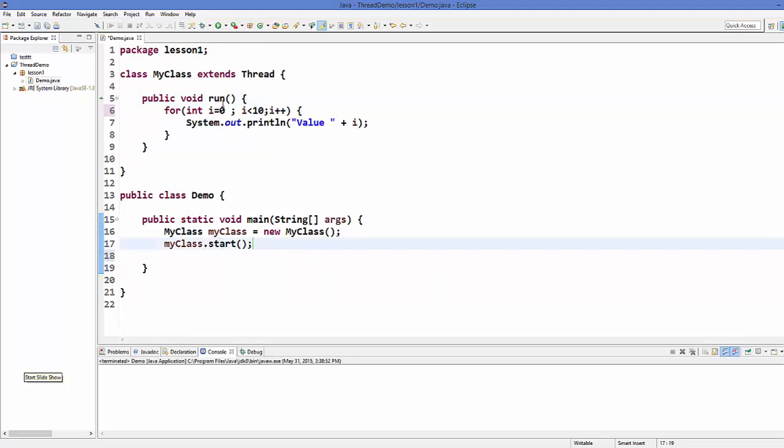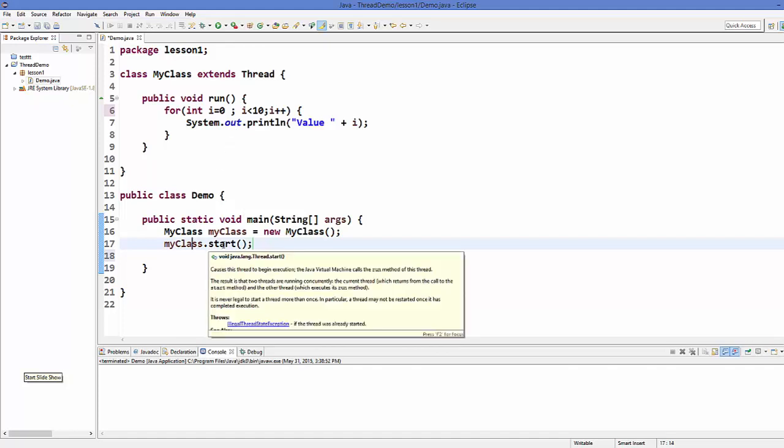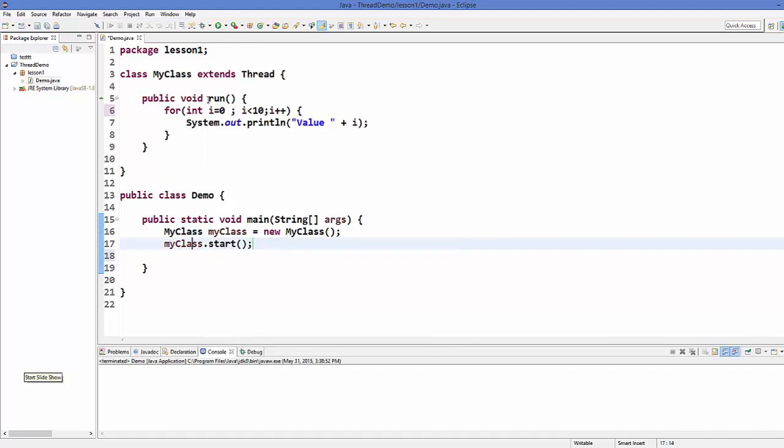If you call run on your myClass object, it's going to run like a normal program. No thread will be created. But if you call the start method on your myClass object, which extends from the Thread class, it is going to create a thread, and then it's going to call this run method automatically.